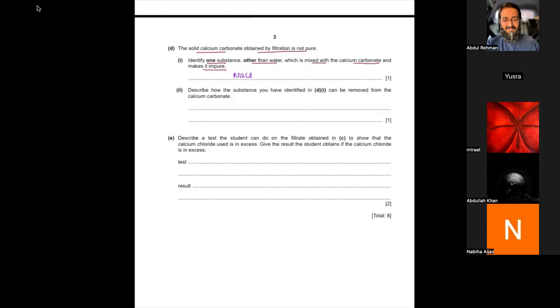Yes, sir. Now, describe how the substance you have identified in D2 can be removed from the calcium carbonate. Yes, how can you remove it? Any suggestions? Distillation? How distillation? Because that is a solid. From solid,